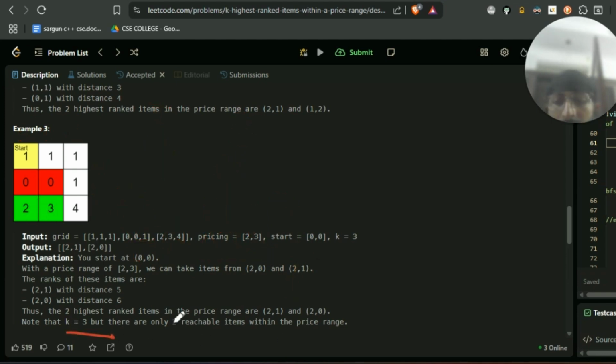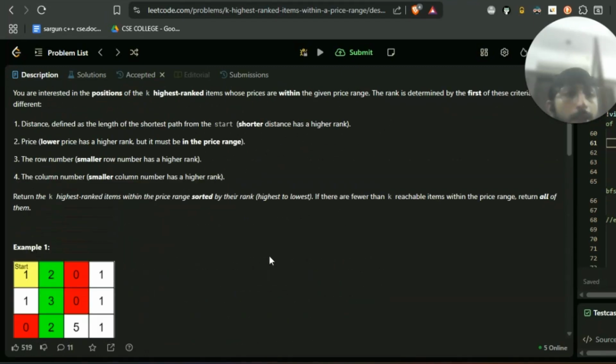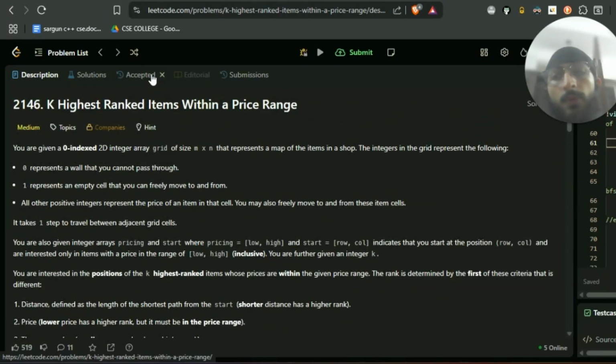And since k is equal to 3, we wanted to choose 3 elements, but we see that there are only 2 reachable items within the price range. We cannot consider 4 because it is not falling in the price range, so we have to return this only, right? So the elements should not exceed k is equal to 3, but if we are unable to find more elements, that is if we are falling short, we have to return that answer only. Okay, so that's it about the examples,